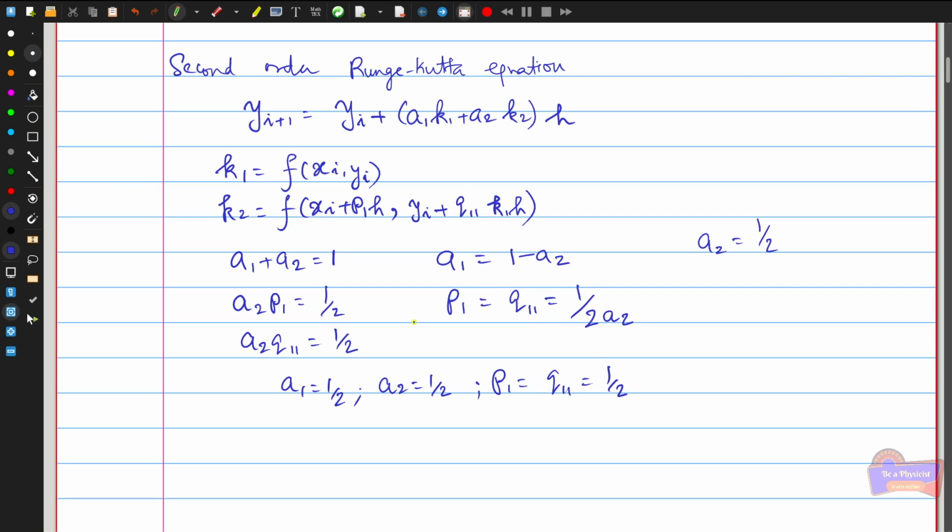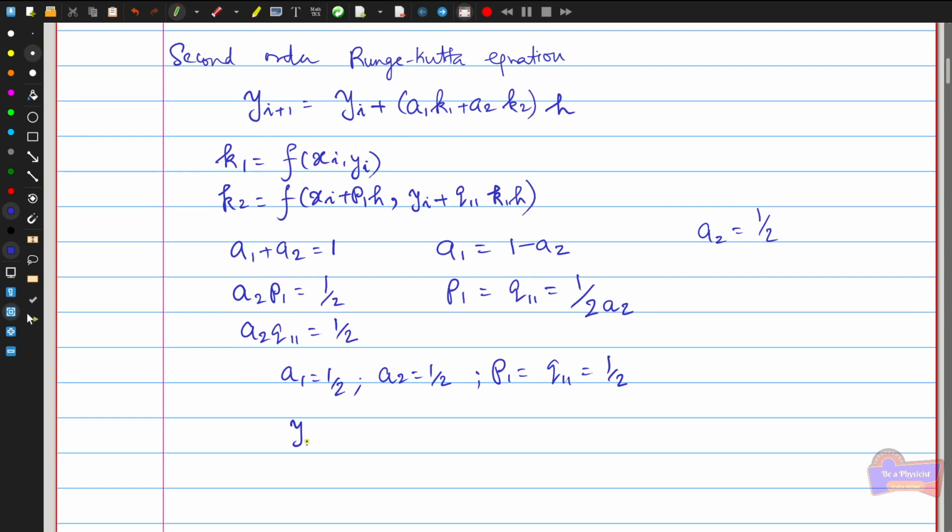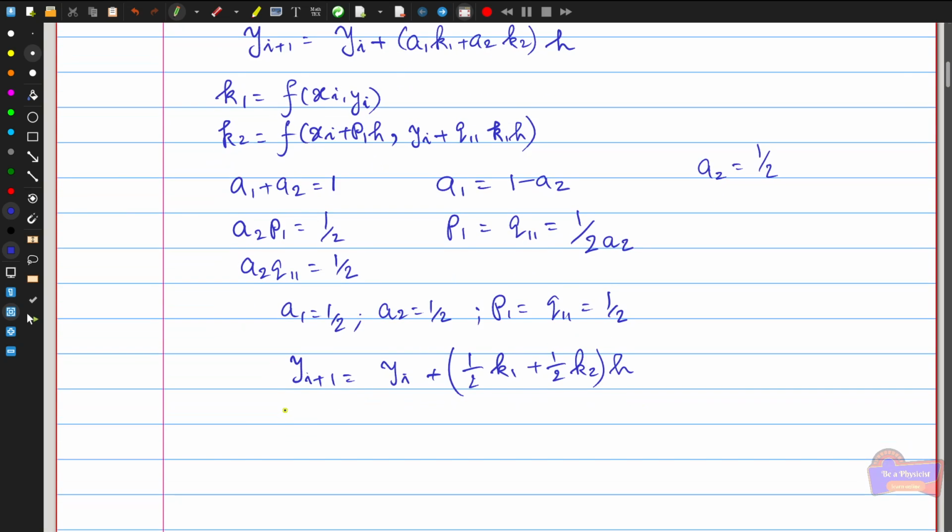Substituting these values into this equation, I get y of i plus 1 equal to y of i plus 1 by 2 times k1 plus 1 by 2 times k2, multiplied by h, so that k1 is equal to f of xi comma yi. Similarly, k2 is equal to f of xi plus p1,